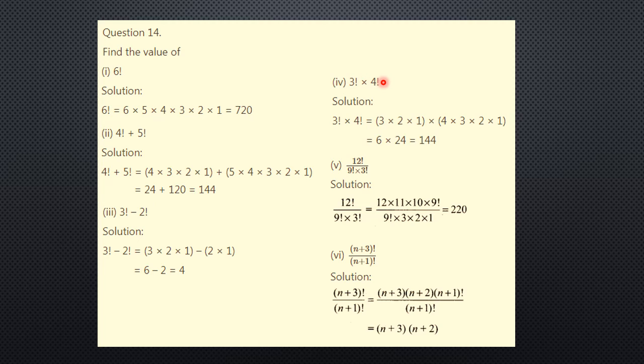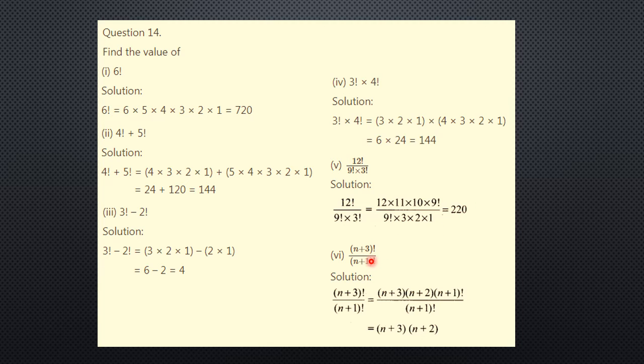Don't compare it with 12 factorial. It is not 12 factorial. You should always find the answer like this. Next, 12 factorial by 9 factorial into 3 factorial. So 12 factorial we can write as 12 into 11 into 10 into 9 into 8 into up to 1. But I can write 9 factorial, therefore stop. Here 9 factorial, no need to expand. Reason: we can cancel the numbers. Then 3 into 2 into 1, it is 6. 1 into 6, 2 into 6. Next it is 110 into 2, that is 220.